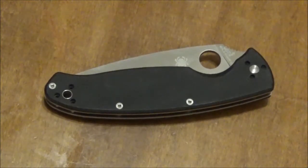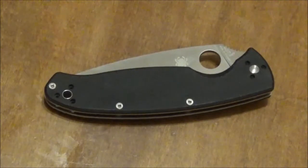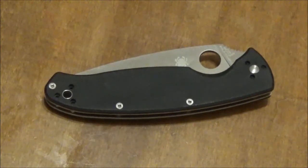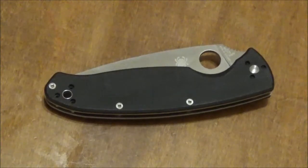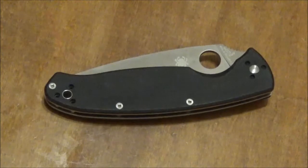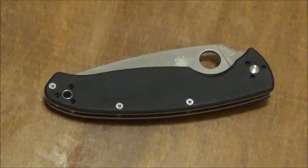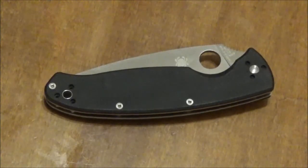And in today's video we're going to go ahead and take a look at the Spyderco Resilience. I got this knife, it's December, a little over 2 months ago, as a birthday gift to myself, from myself. Gotta love those birthday gifts from yourself. Those are always the best ones. It always ends up being exactly what you wanted. But anyway,